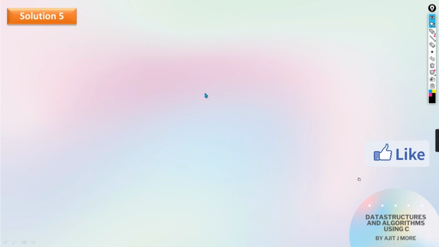Okay, the fifth solution, what we'll do is we'll try to build one expression only, and within that one expression only it should swap the content of x and y. Okay, how it will do is that I'll quickly show you with an example. Okay, see here guys. We will include our file as usual, stdio.h. Then main we will start. As usual, we have to start with main, the entry point.